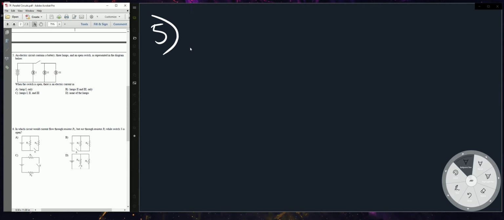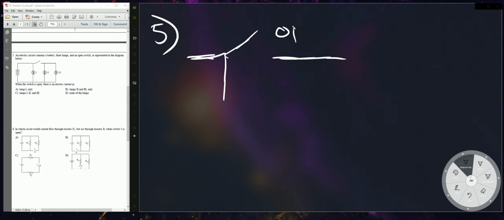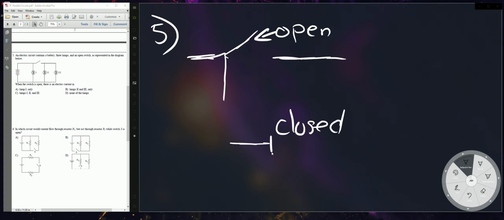An electric circuit contains a battery, 3 lamps, and an open switch, as represented in the diagram below. When the switch is open, there's an electric current in what? So when they say switch is open, open means it's not connected, right? Open means not connected. When the switch is closed, that means it is connected. So the switch right here,